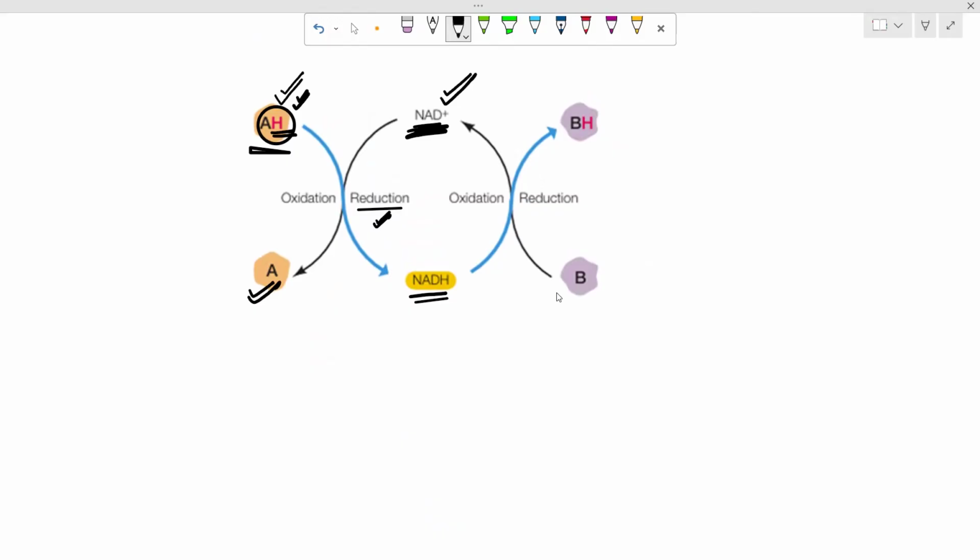It means it is a type of redox reaction. We will say it is a redox reaction. And why are we saying it is a redox reaction? Because one is getting reduced, another is getting oxidized. So in this way, what we are trying to focus on, please understand, is that redox reactions transfer energy by transferring